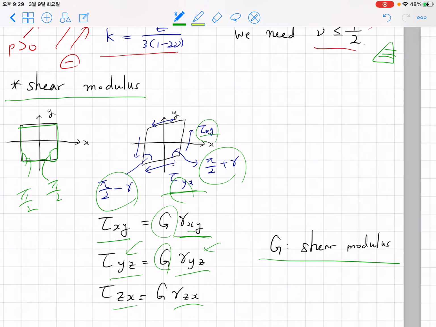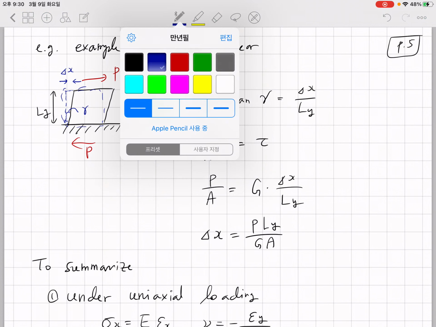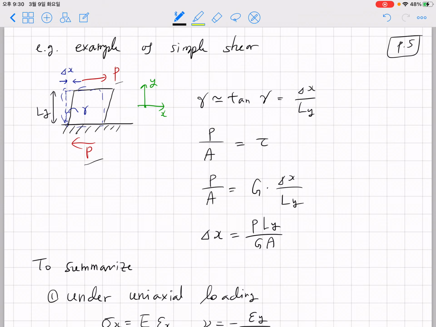The answer is yes. Before talking about the connections, let me show you one example of utilizing the shear modulus to obtain the displacement of a simple shear material. Here we consider an originally square-shaped material. The original shape was this square. Now under this force P, with original length in the y direction Ly, you expect displacement in the x direction for the top plate. The top plate would move here and the bottom plate will stay there due to the rigid wall and perfect